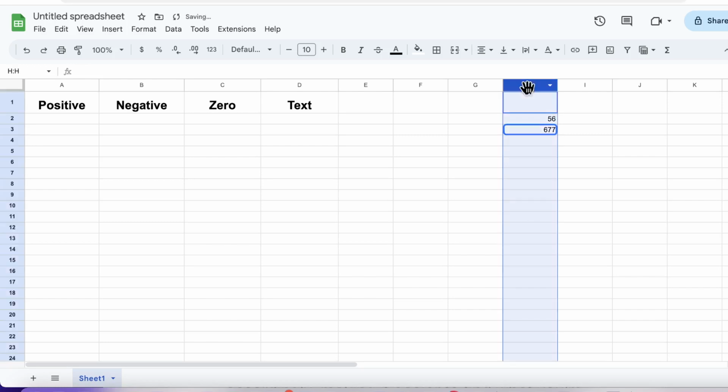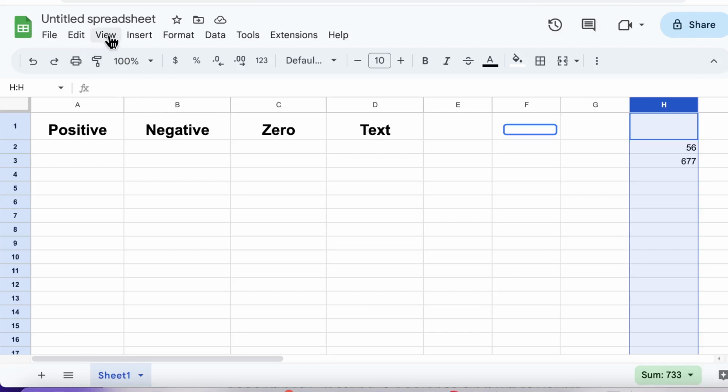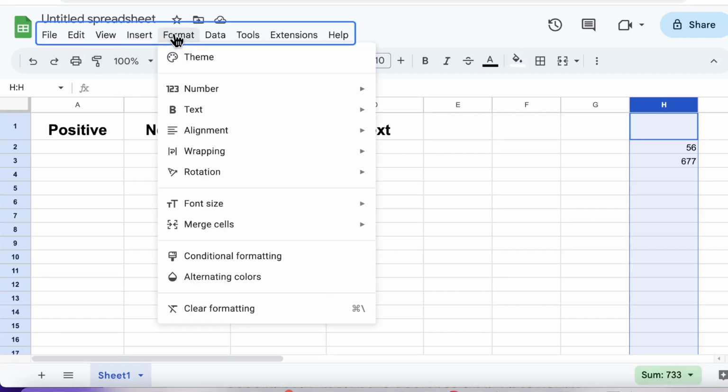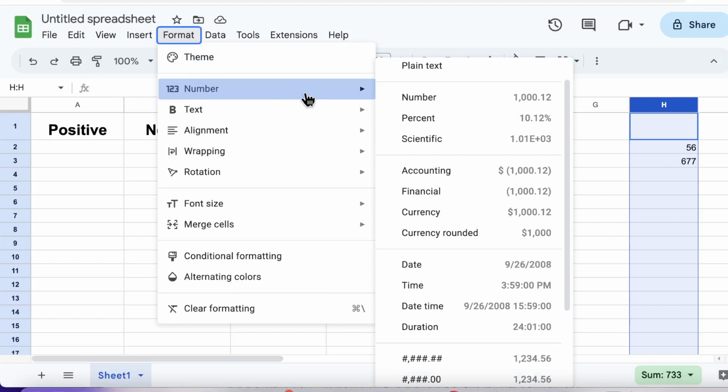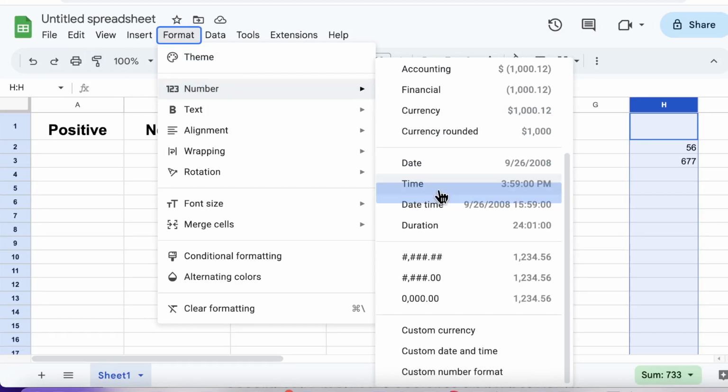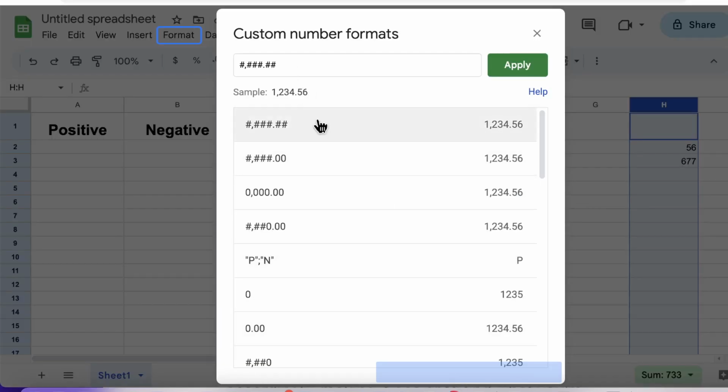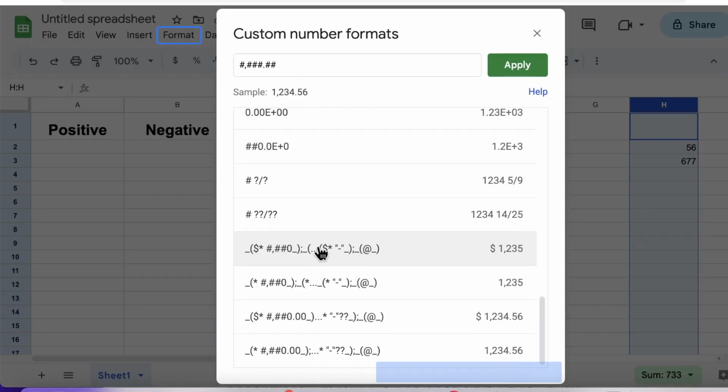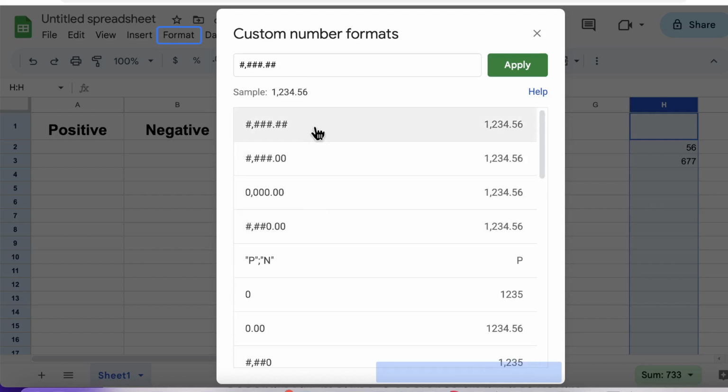You select the cell, the range of cells, and then you move here to format, and then you come to number, then you scroll down to custom number format. You click on it and it opens for you all the various ways you can customize the appearance of your numbers,